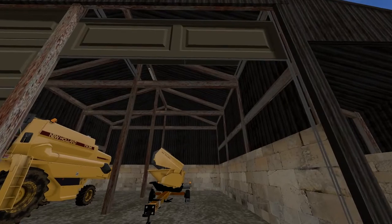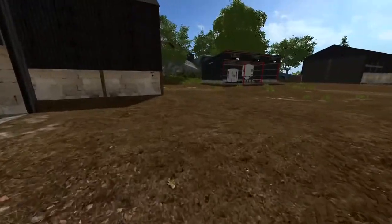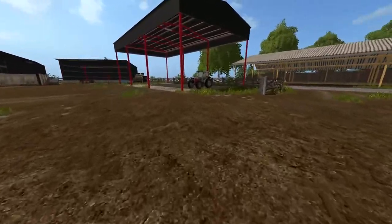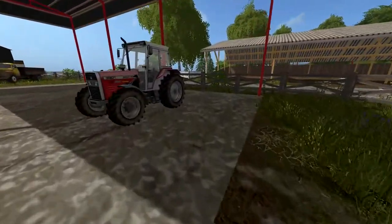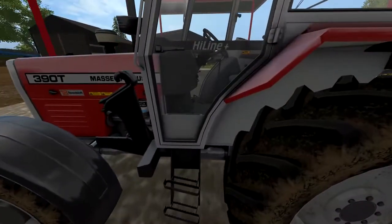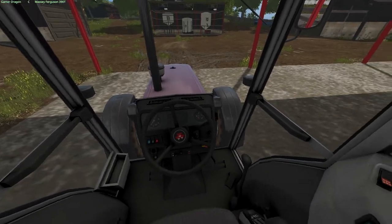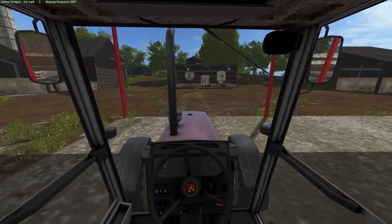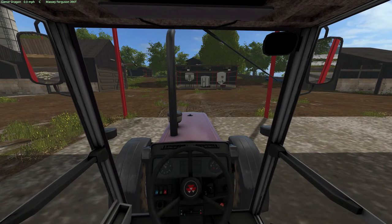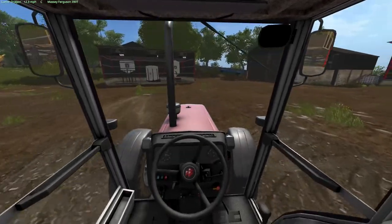That is it. Let's just hop in the Massey over here, and I can take you over to the sheep that we already own. Right, so start her up. There we go. Right, so if we take a little journey